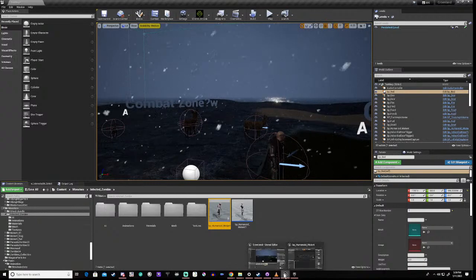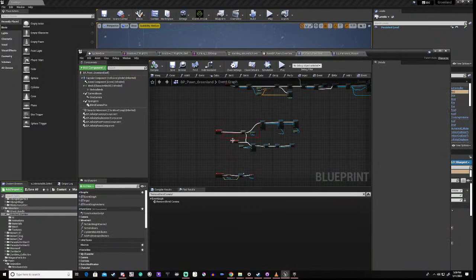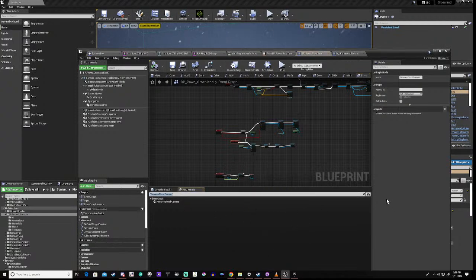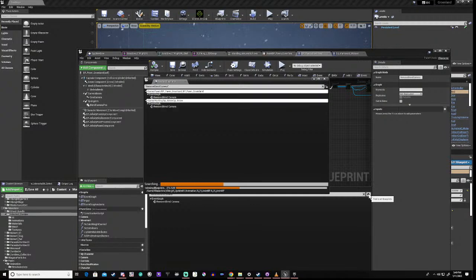But the easiest way to find it would be to go back to here, find references, and then hit that. We want to find it anywhere. I don't want it in slow motion, right? I want it, well, I probably don't want it slow motion. What I want it is